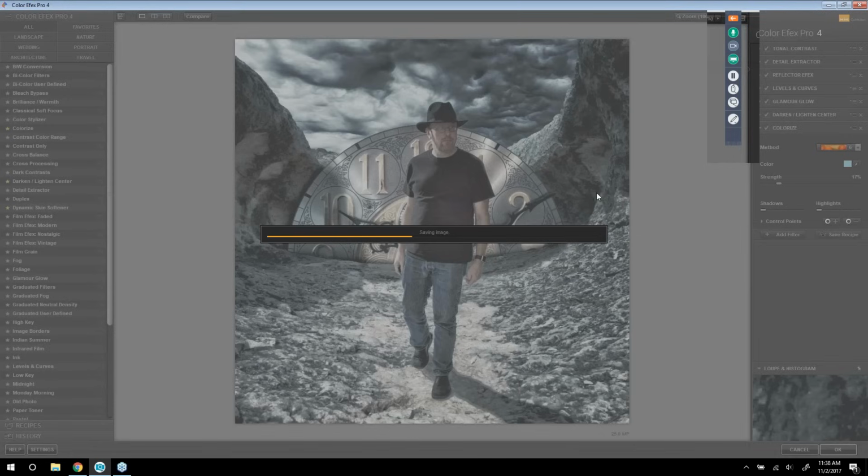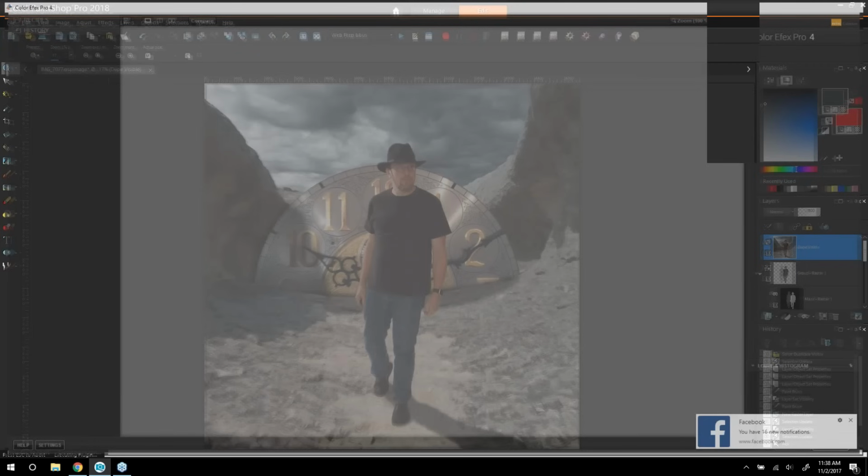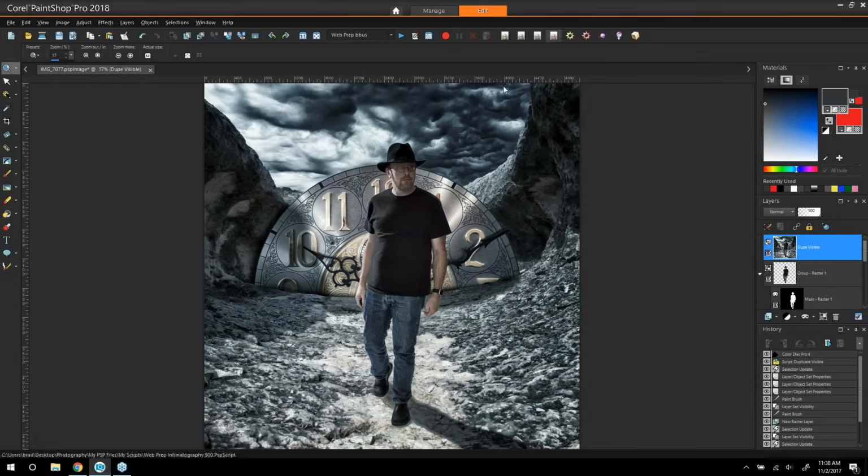Saving the file, or saving the image back to the application. It's actually a fairly big file. It's I think 5,000 pixels square, so it takes a little while to do that computation on a file that large. And that's pretty much the end of that